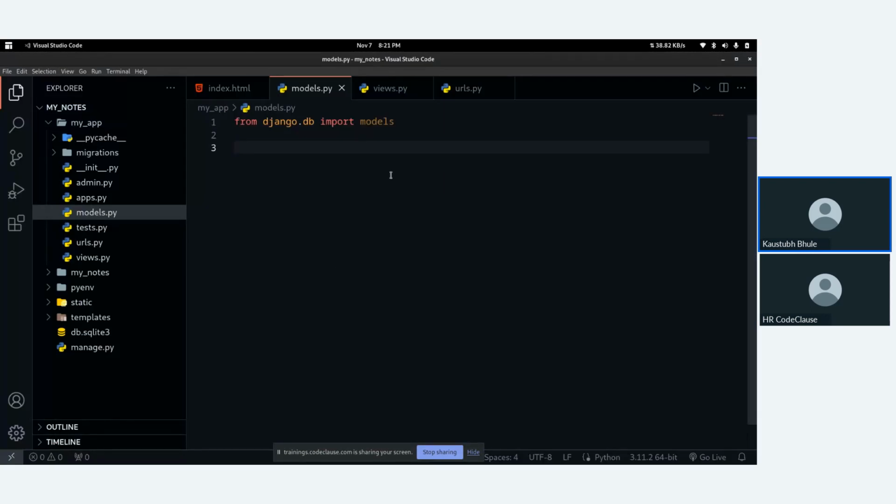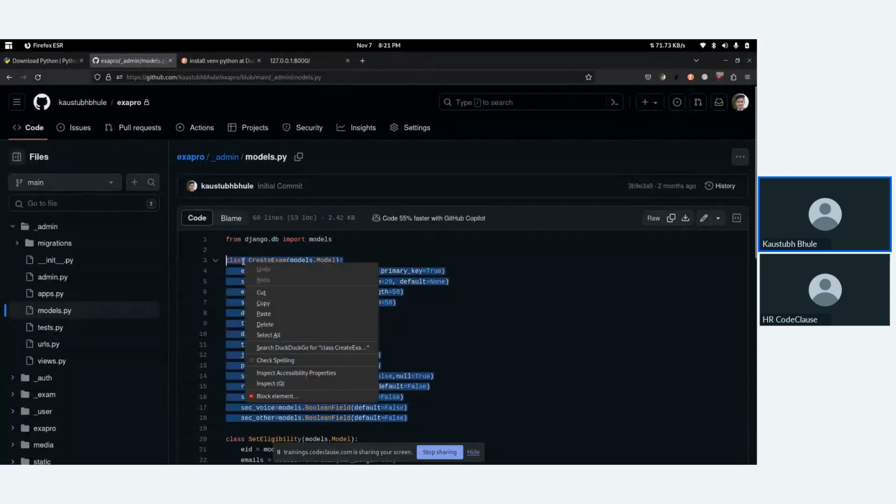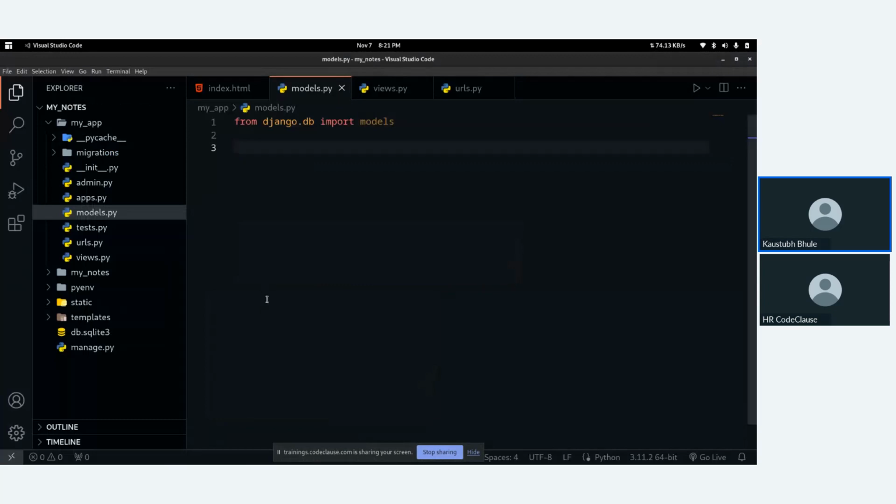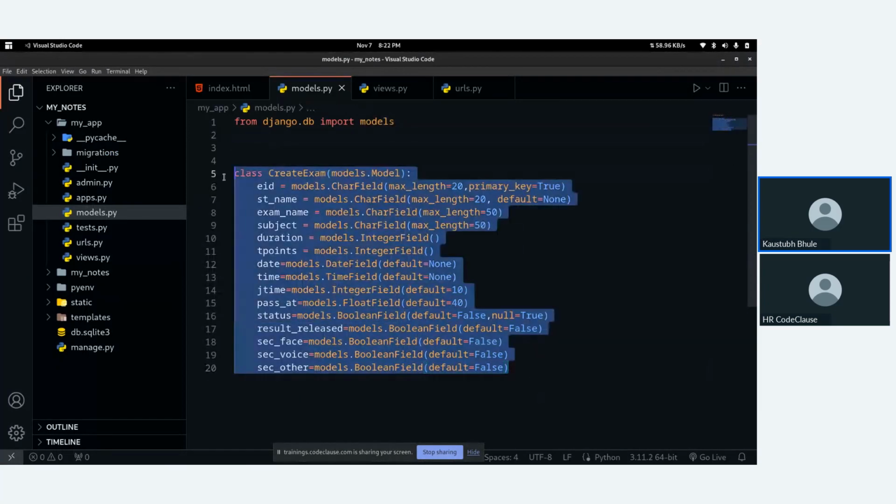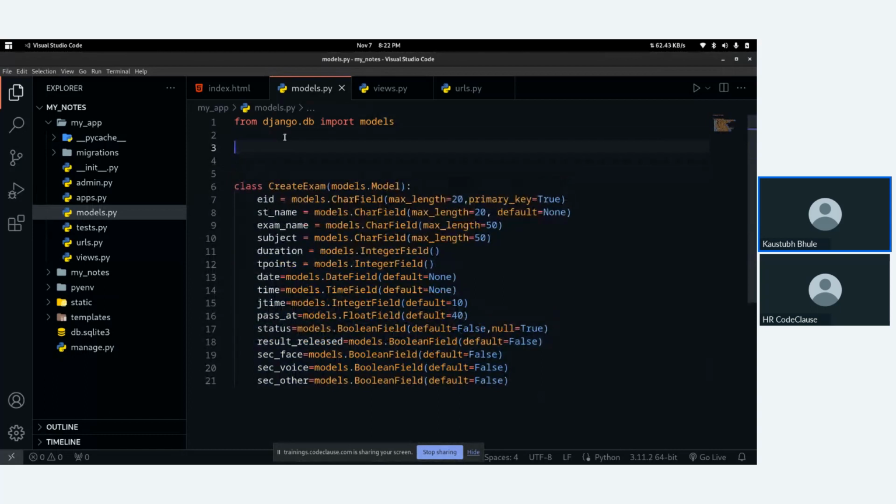First, you need to, one minute, we'll just copy this for reference. Just ignore this part, guys. Focus on the class we are declaring here. So to create a table, you need to create a class first, followed by the table name. Let's say I want to create a table for saving my notes. So I will name it as Notes table, followed by the syntax models.Model.